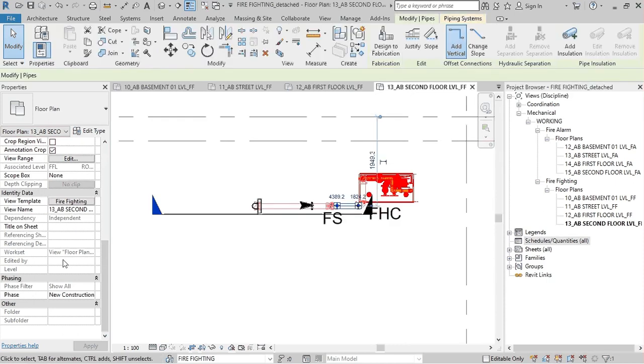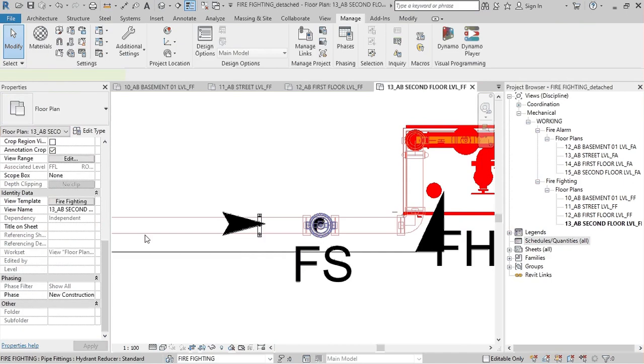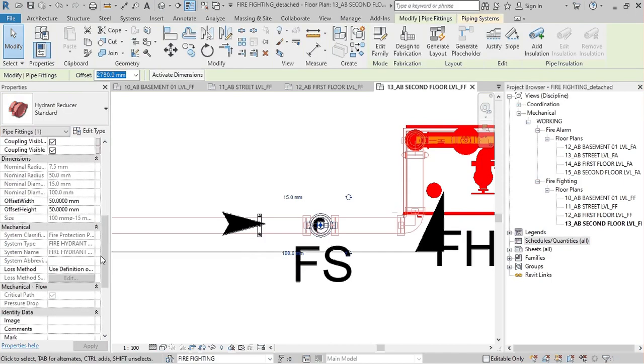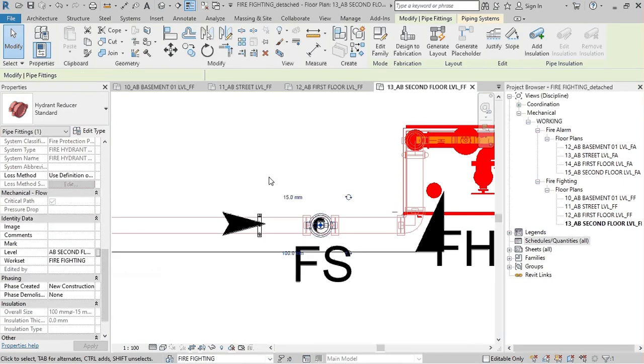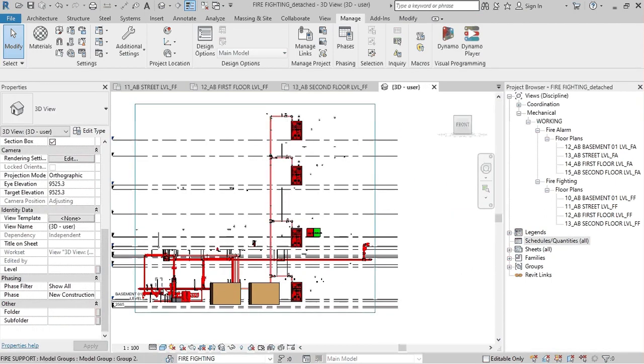After that, I can take the quantity take-off of the first schedule for pipe size. For this pipe size quantity take-off, I first need to create the pipe size level wise.